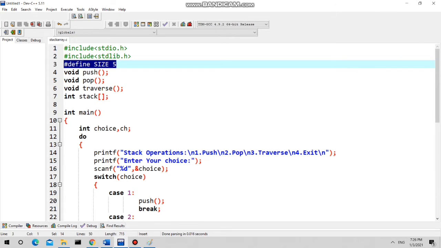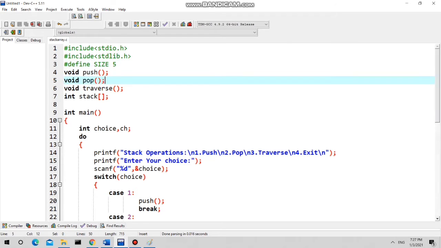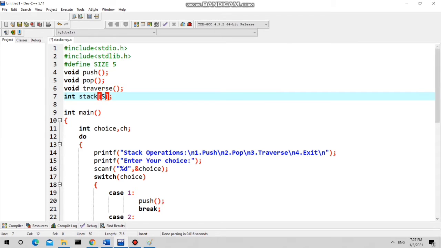So this is a preprocessor command, it is also called a macro. So hash define is a preprocessor directive, or a command. What it indicates is that whenever this size macro template appears in the program, it will be replaced by this 5. So instead of directly specifying the 5 size over here, I am using the macro.